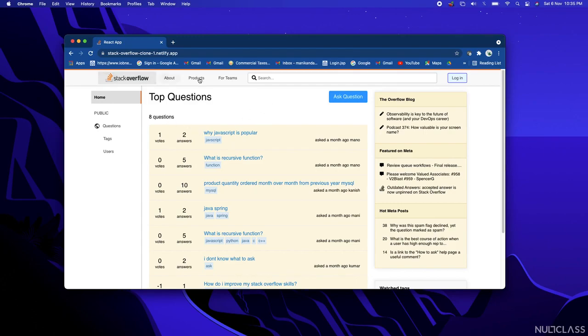clone. Basically, what you see in front is our clone, which looks exactly like Stack Overflow, and I have deployed it on Netlify for the front end, as well as the back end on Heroku. We will learn how to deploy, as well as how to push the code to Git, in the upcoming lectures. In this lecture, we are going to look into the navbar, this left sidebar